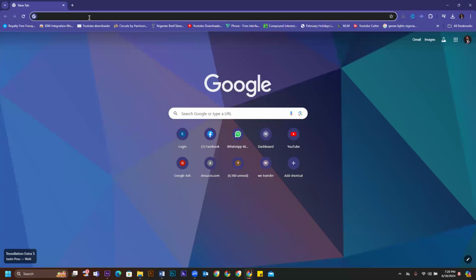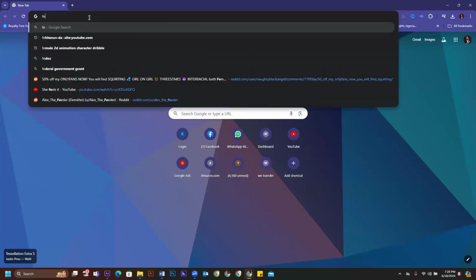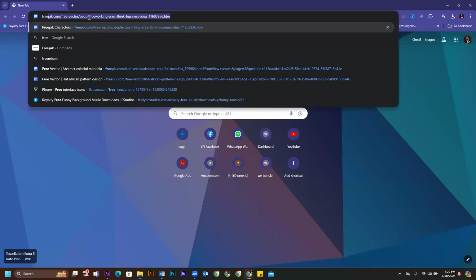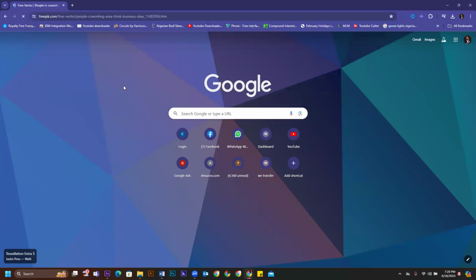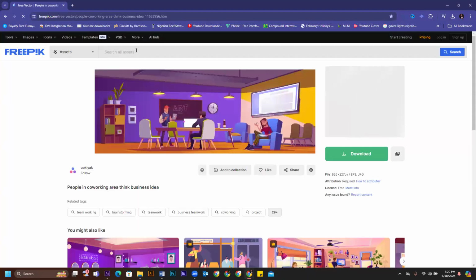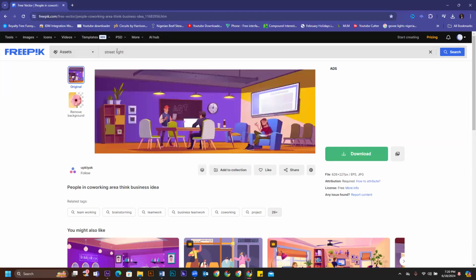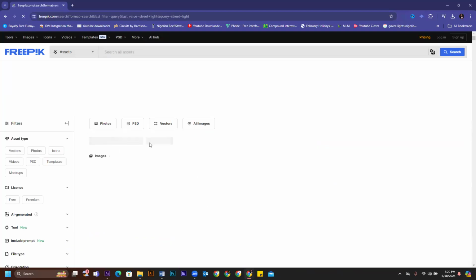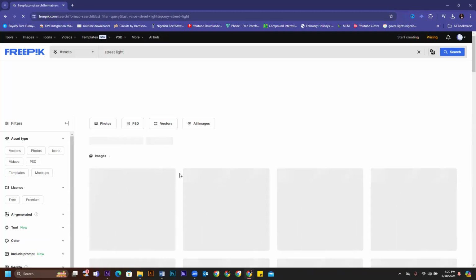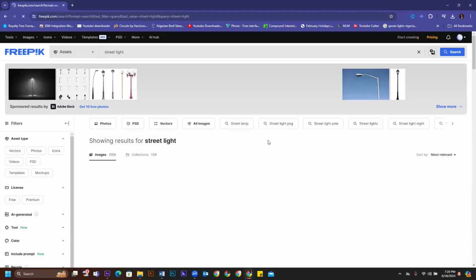based on what I said, I can decide to go to freepik.com, right? When I go to freepik.com, I know I want to download vectors from here. So I could just say street light. The advantage of working with vectors, like I mentioned, another advantage is that you could have multiple options, multiple images can be found,